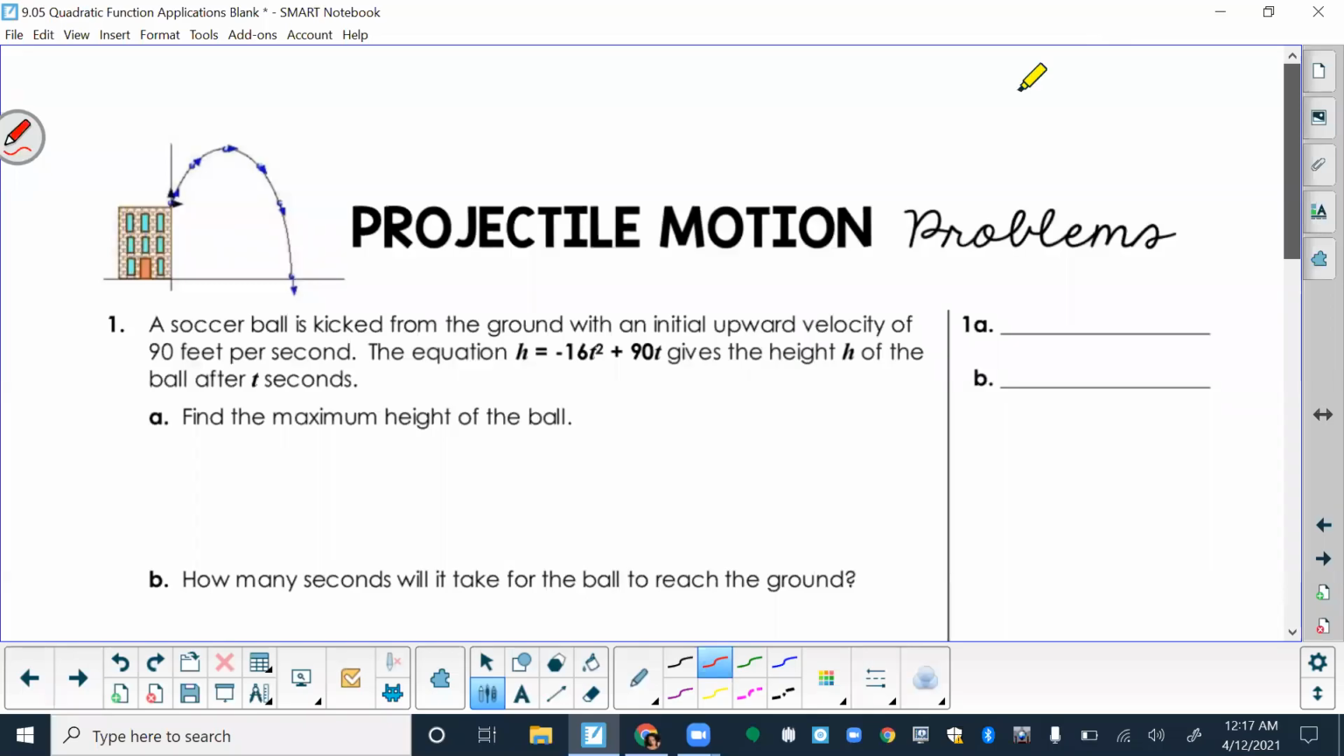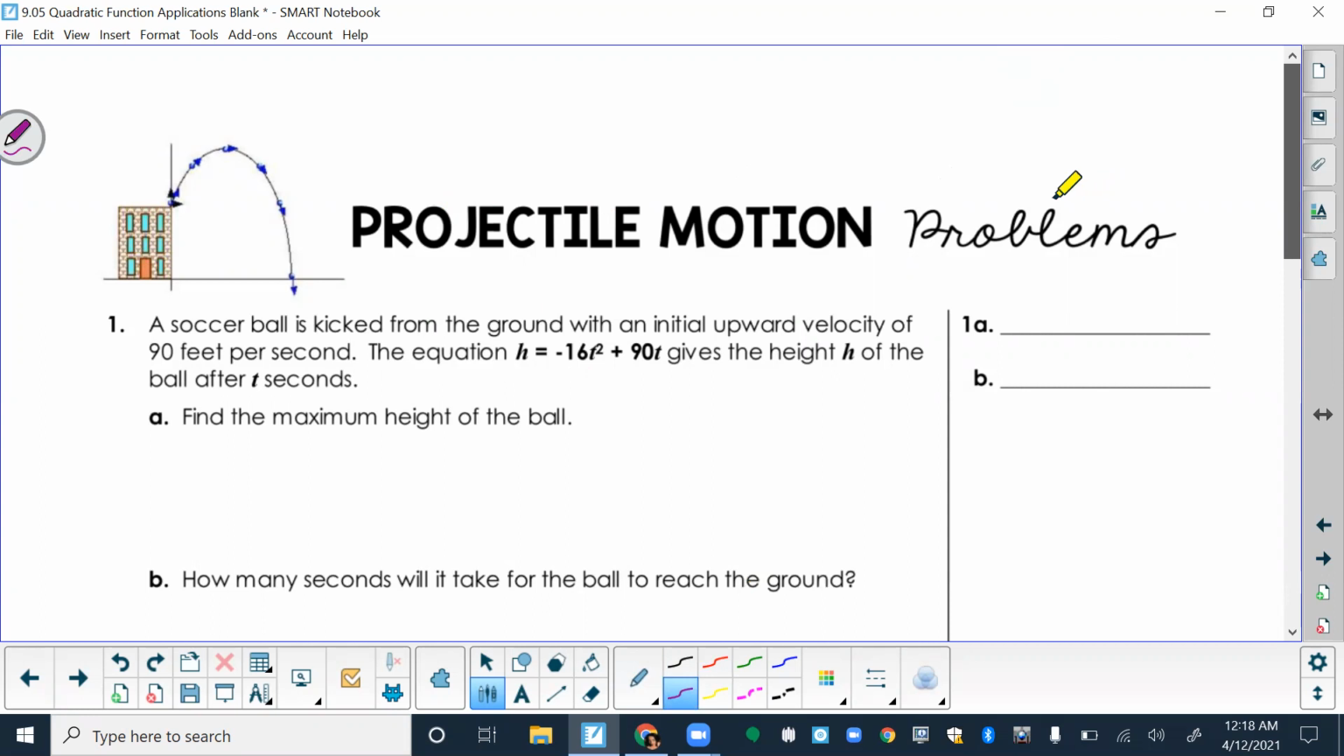Projectile motion problems. I'm going to try to make this video as short and sweet as possible, so forgive me if I'm not explaining everything to the fullest. I will definitely do that when we review this section for the test. But what you need to know right now to help you do your practice is to understand that projectile motion